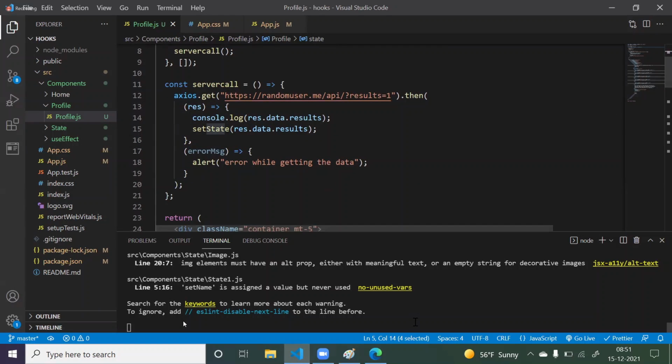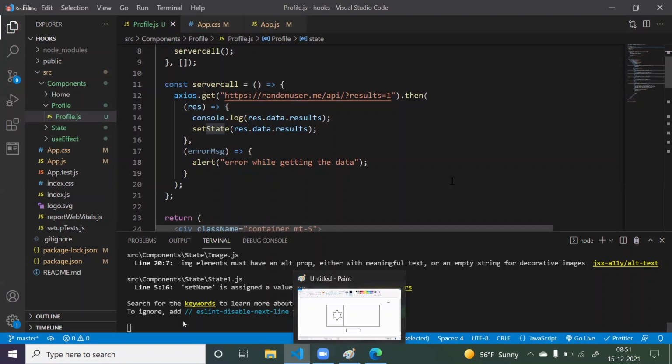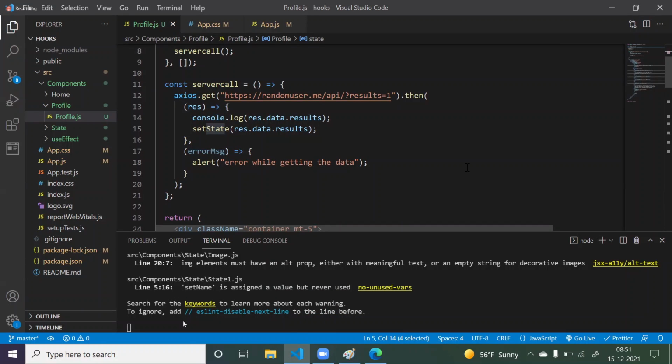Now a few companies will give you a task. For example, they will give you one API and one task, and give you some 3 days time. They will say, if you submit this task, then we will take your interview. So you have to submit that task. If you don't submit it, they won't take the interview at all. But once you submit that task, then they will schedule your interview.